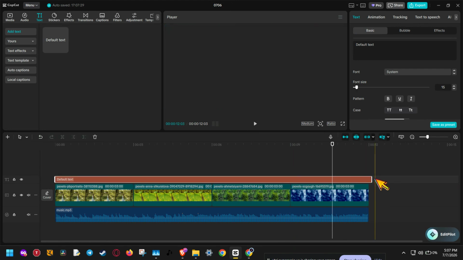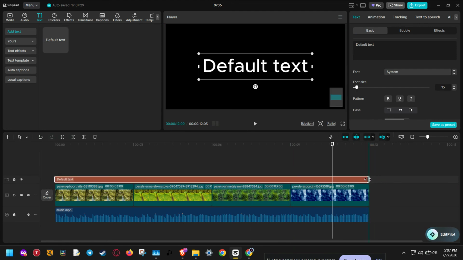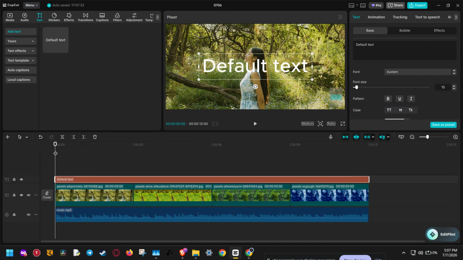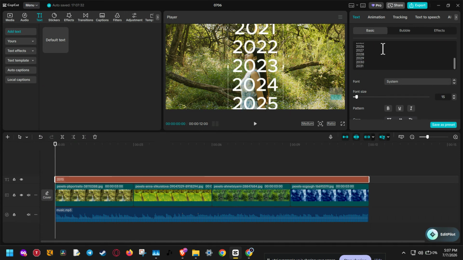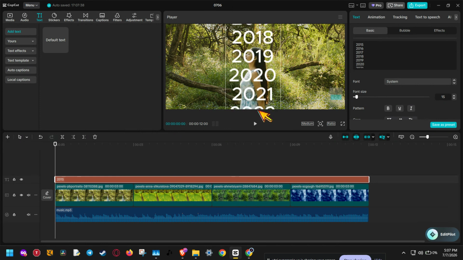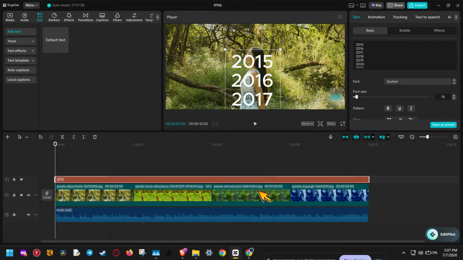Now, click into the text box on the right-hand side and type out your timeline list. You can use years, dates, events, or milestones depending on your project. The most important part here is formatting. Press Enter after every single year or date so that each one appears on its own line. You want the text to look like one tall vertical column because that is what gives the scrolling timeline effect. If everything is on one line, the animation won't look right, so make sure each item is stacked neatly one